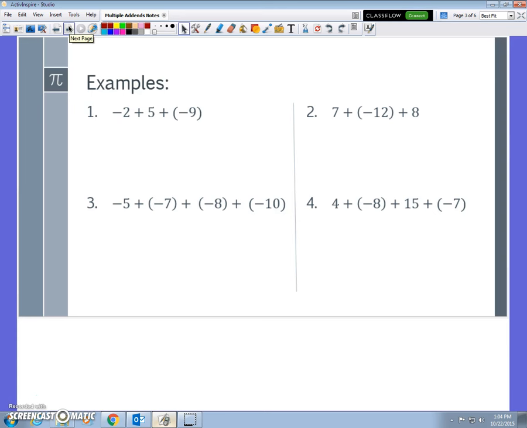So we've done a couple different things. We've used chips, we've done a number line, and that's preferably what I'd like you to use is the number line. So here we go. I'm going to start at -2, and in fact, I'm just going to draw this number